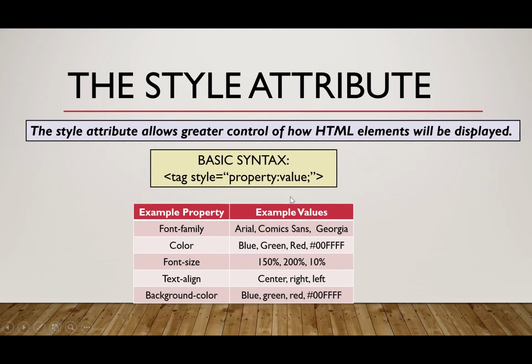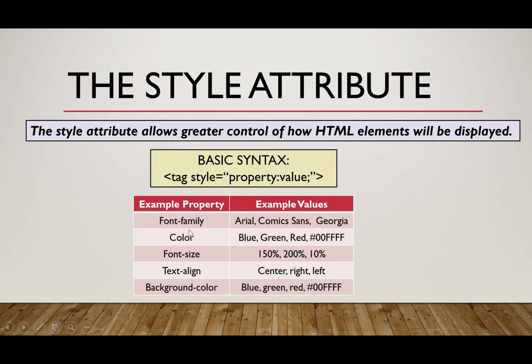So a couple other examples of properties are font family, color, font size, text align, and background color. So those are examples of properties. Following the property, you're going to put a colon, then a value for that property. So with font family, we have Arial, Comic Sans. If you did color, you could do blue, green, red, or this hashtag